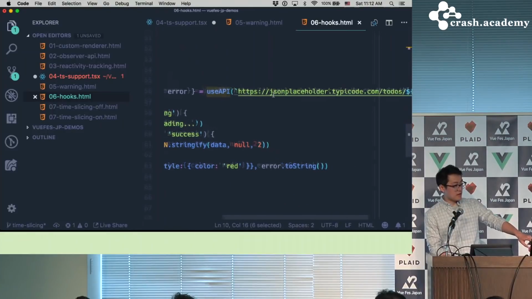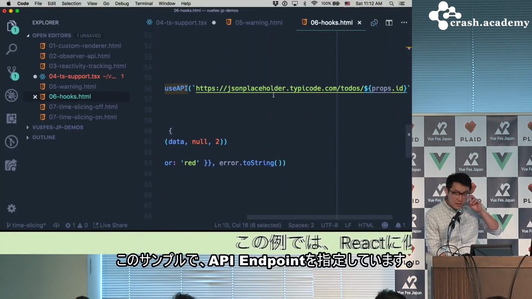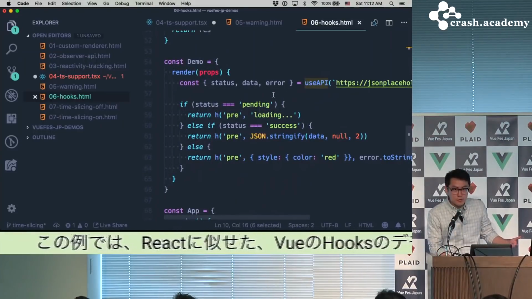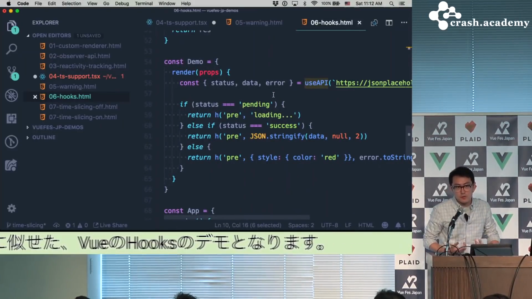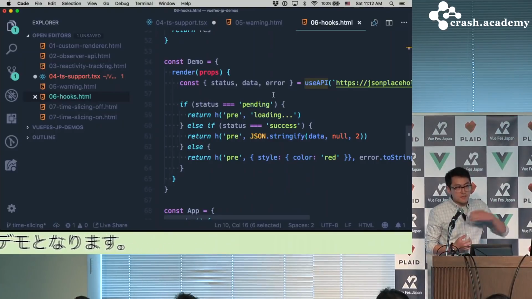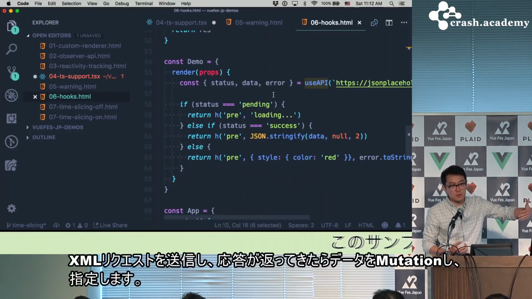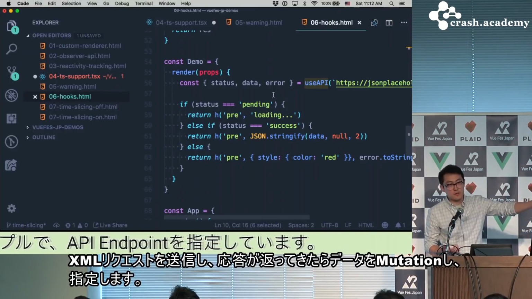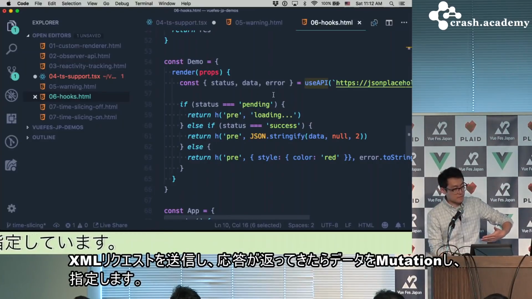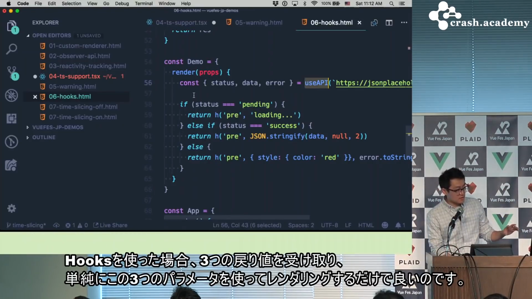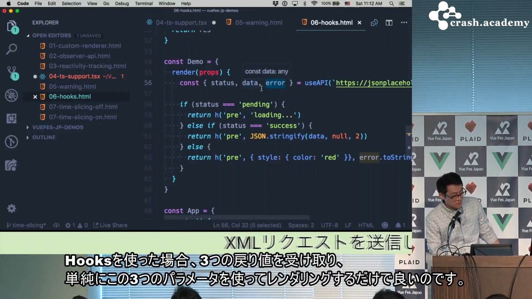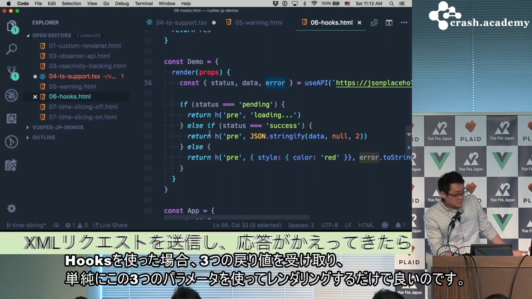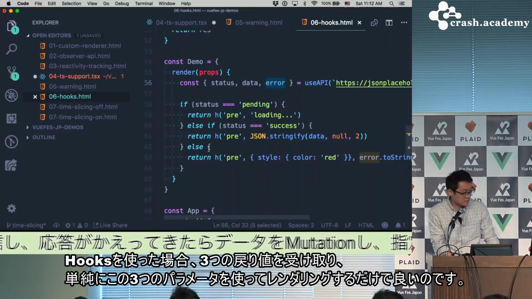So I call useAPI with an API endpoint. If you have done data fetching in Vue before, what you typically do is probably send the HTTP request, send the XML request, AJAX in your component, in your mounted hook, then wait for it to complete, then mutate some data, right? But with custom hooks, none of that is needed. You actually just call useAPI, give it a string, and you get back 3 values: status, data, and error. And depending on the status, you just render different things. So